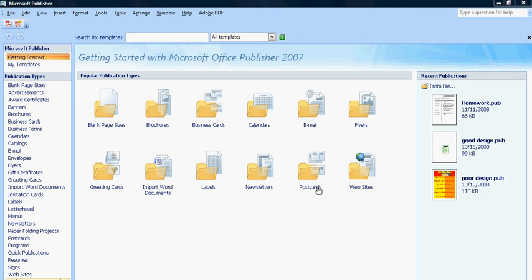Class, today we're going to take a look at Microsoft Office Publisher 2007. Microsoft Publisher 2007 is kind of different than the previous versions. In previous versions, over on the left-hand side of your screen, you had options to create a blank template, blank design, but now they have the different publication types that you can go into for templates or to find an actual blank design. One of the types that we're going to be looking at is a sign for this first